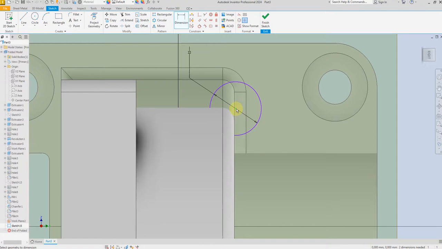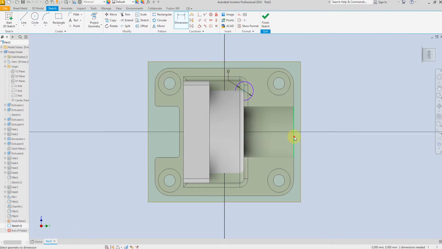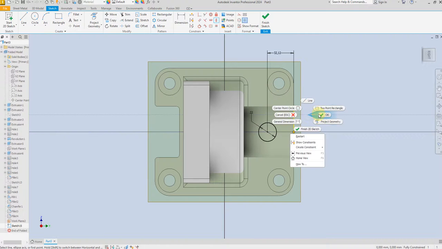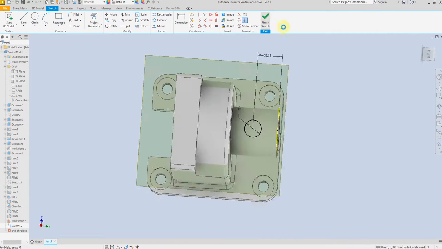So select from here outer line 32.12 millimeter, and now select horizontal constraint, select this point and select this center point here. Finish sketch,